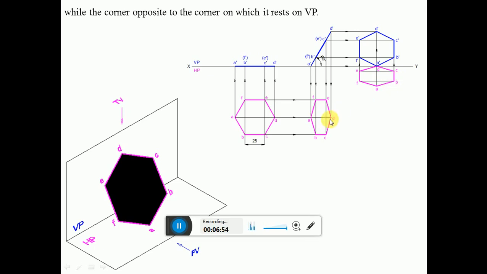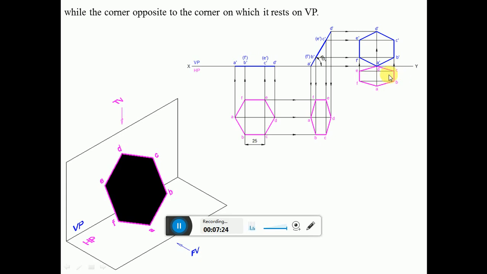Similarly, measure the length from D to this point. From D, you mark that point. Then draw a horizontal line. Then measure the length from this point to E and this point to C. Both are going to have the same length. From D, you mark that point towards E. From this point to E, you mark that point. And similarly, from this point towards this side to make C. Then join A, B, C, D, E, F, which is going to be the hexagon.